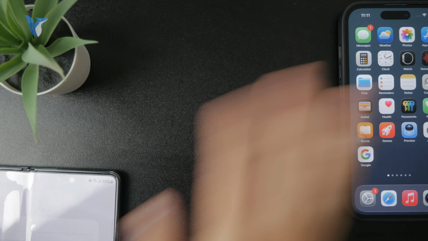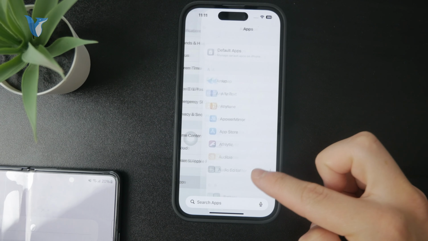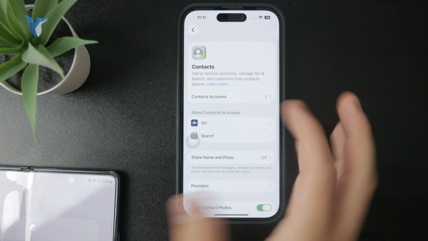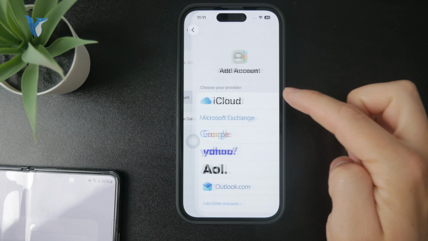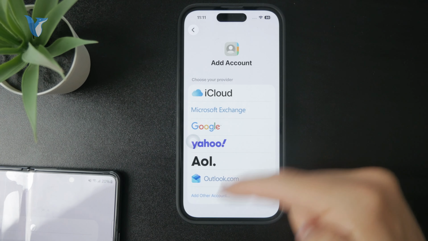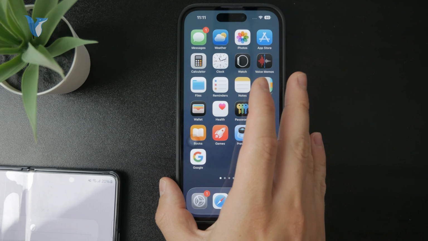And then you grab the iPhone, open up the settings, tap on apps at the bottom, and you can proceed to the contacts where upon going to the accounts, you can sign in with the very same account which we moved the contacts to on our Samsung, and those should appear on the iPhone as well because we are syncing them over a Gmail account. So I believe that this is the best way to approach this, but also there are some other things you